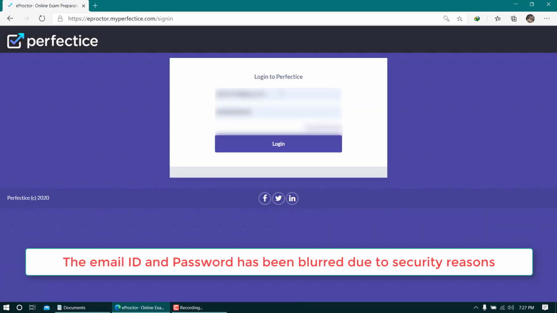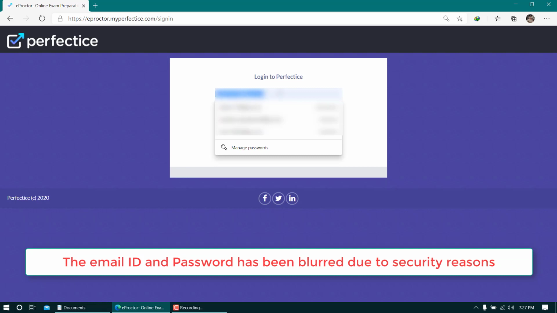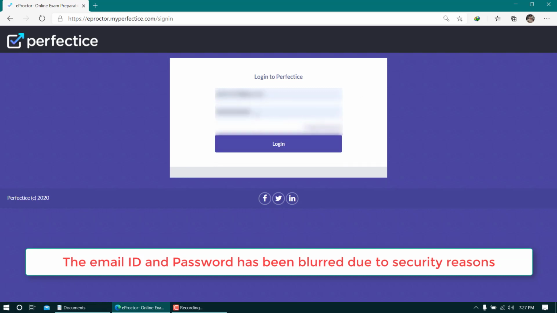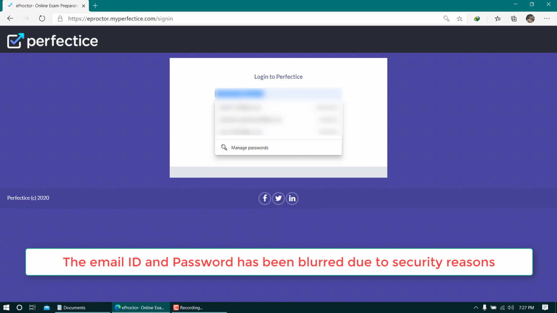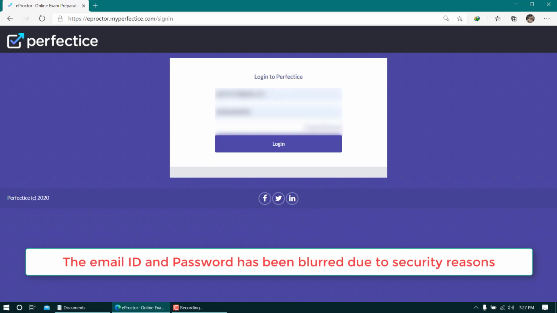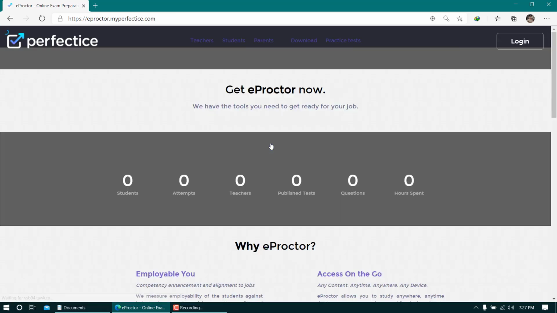If you are an authorized user from LPU, you'll get an email ID and password to log in to this portal. I'm using this email ID at this moment, and through it I'm going to log in and show you how you can enter questions. The credentials are already there. If they are not, you can just write them down and then click login.